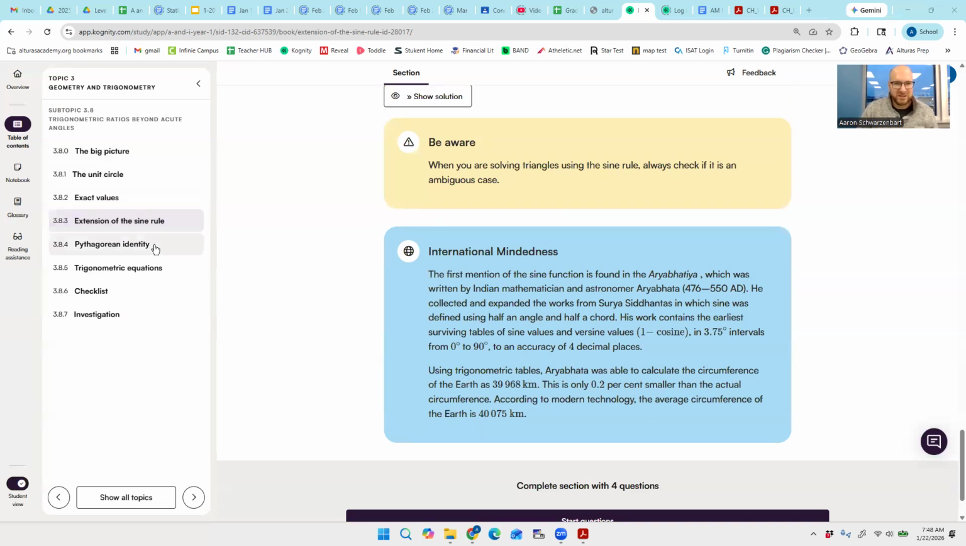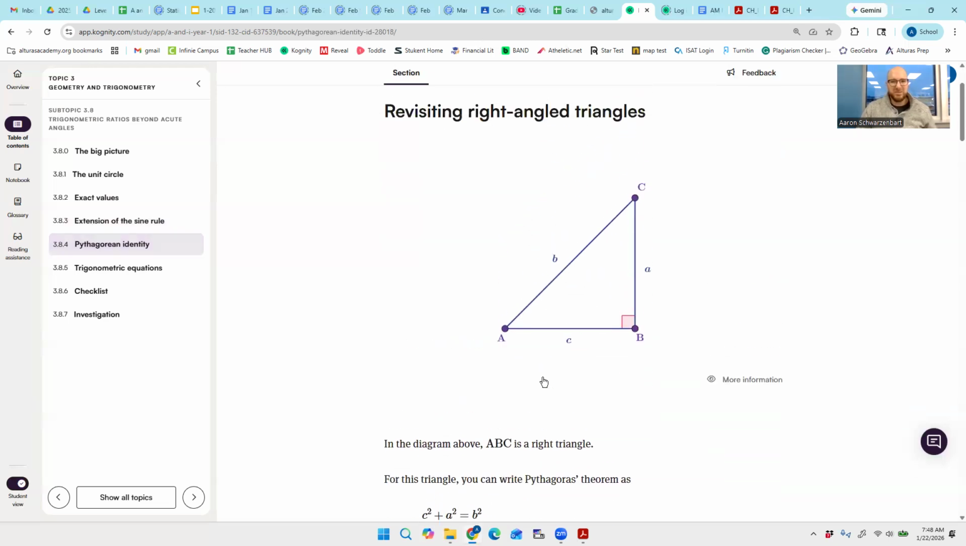Go ahead and read over the international mindedness box and talk about the Pythagorean identity. So, the Pythagorean identity, the most basic identity, and I'm just really annoyed at this triangle, so we're going to cross things out. We're going to call this C, and this B like a normal right triangle does. The Pythagorean identity, which I'll prove in a second here, is sine squared theta plus cosine squared theta equals